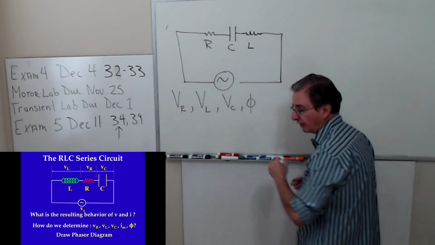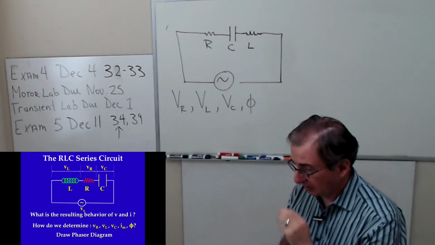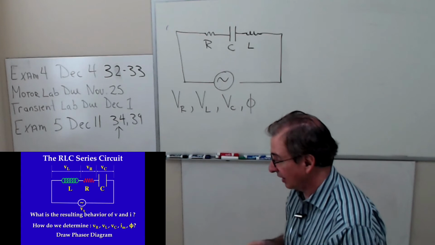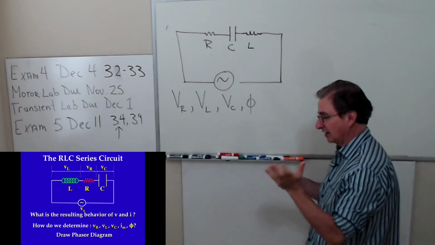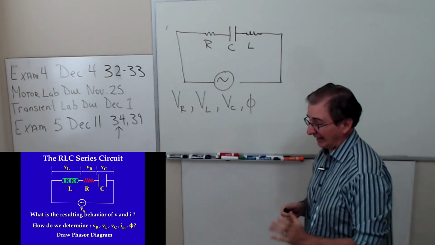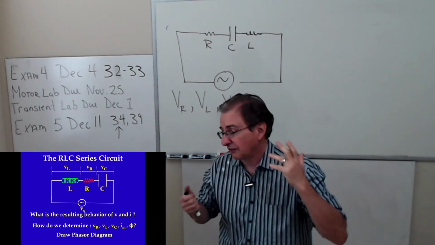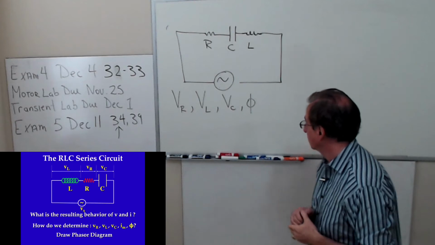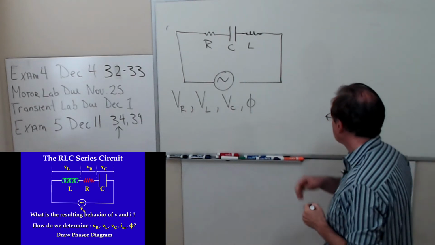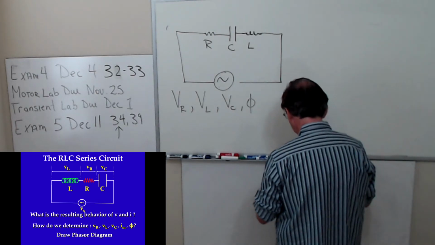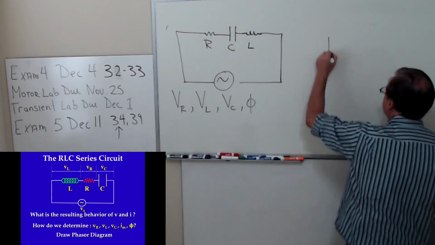And we talked about phi, the phase shift, last week. And we saw an example on Monday where I did the R and the L circuit. And I expect you to be able to do the R and C circuit. I just don't have time to do every single combination. So what do I do in this case? Well, let me draw a phasor diagram.